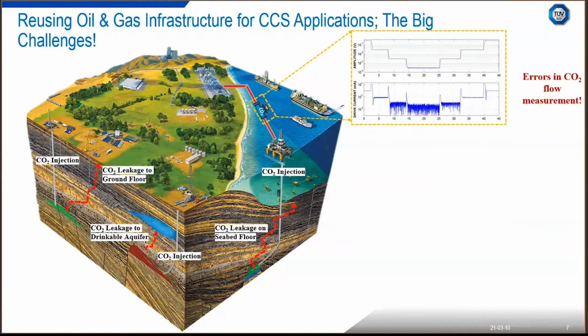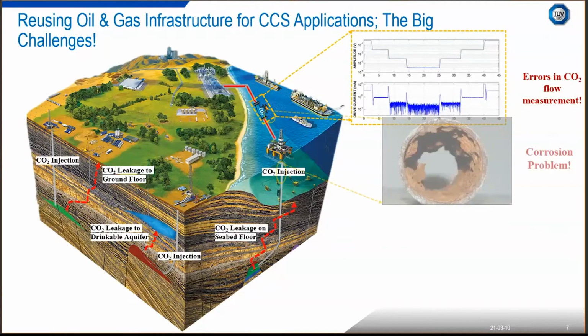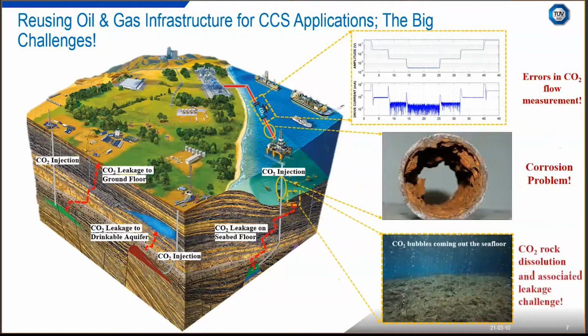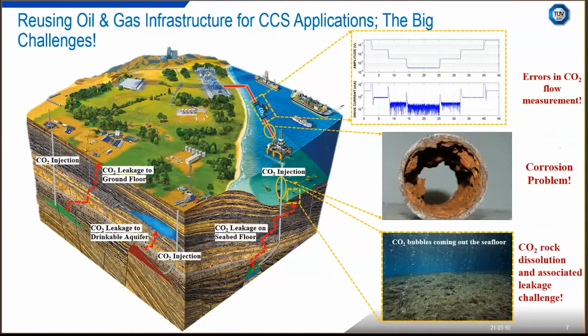Those impurities can also cause 2 other significant problems: corrosion in pipelines and also reservoir rock dissolution and associated CO2 leakage into the seafloor, ocean, drinkable water aquifers, and atmosphere and environment in general, as you see here in this picture. The interesting point is that all these challenges are somehow related to the fluid properties of